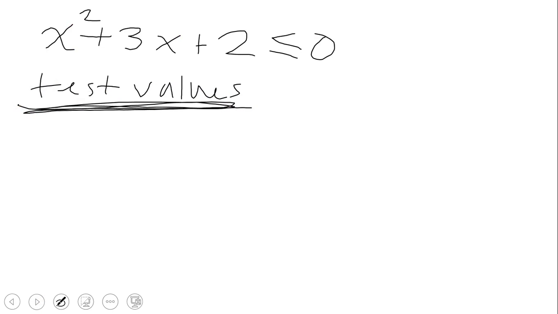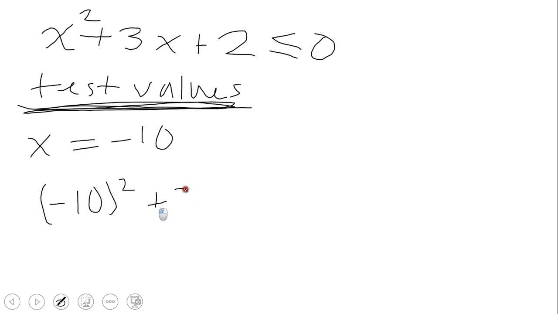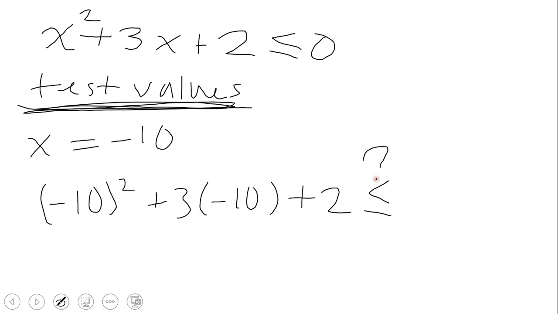So now I'm going to test. Let's try x equals -10. Okay, so for -10, I get -10 squared plus 3 times -10 plus 2. I want to check, question mark, that holds. So let's see here, 100 minus 30 plus 2 is